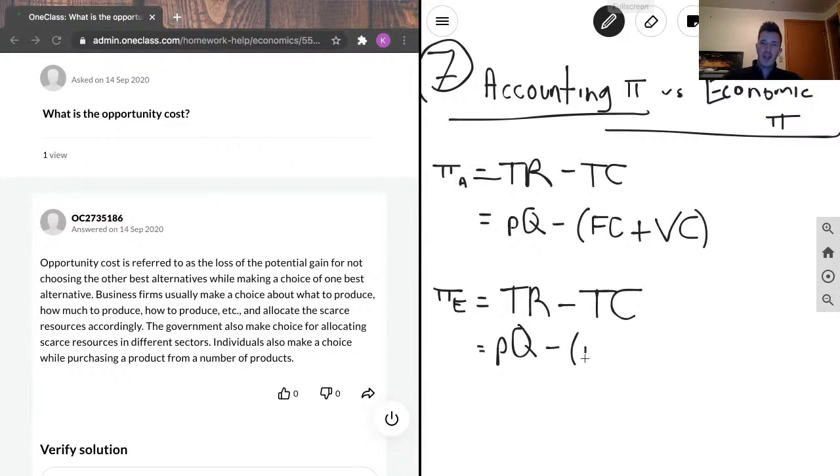But in the economic sense, total costs are going to include your fixed cost and your variable costs. We can also call these explicit costs. And on top of that,